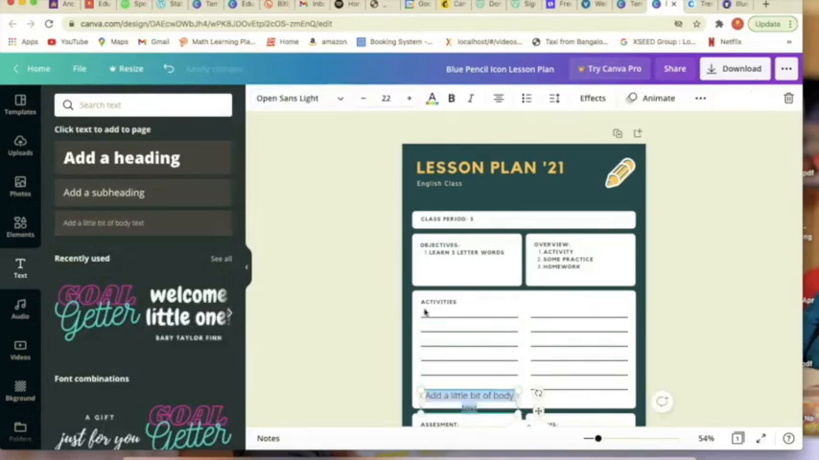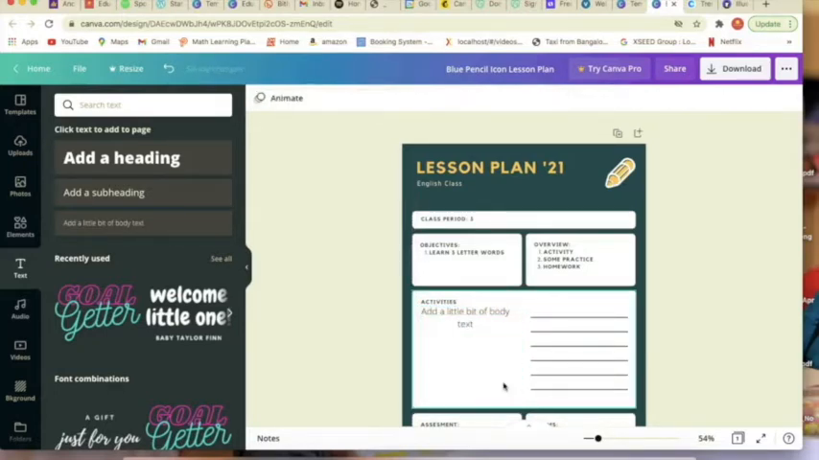You will go on the left hand side of the panel, you will see the text column there, and add text. Choose any of the sizes that you want to use and add your text there. So as I mentioned before, add your activities in the text box, what you want them to do, and then